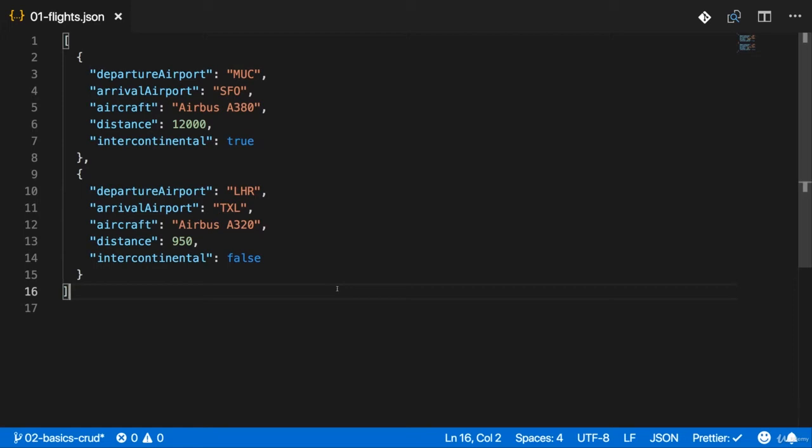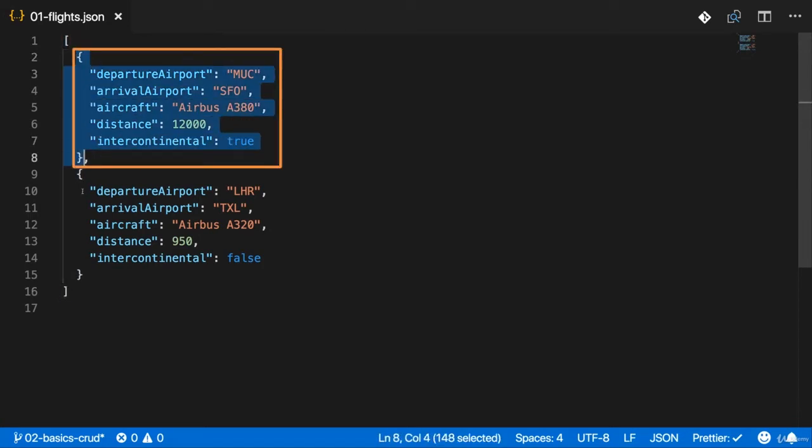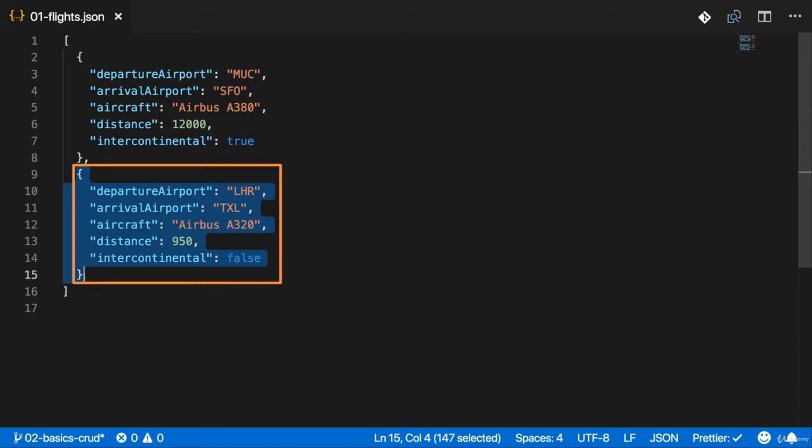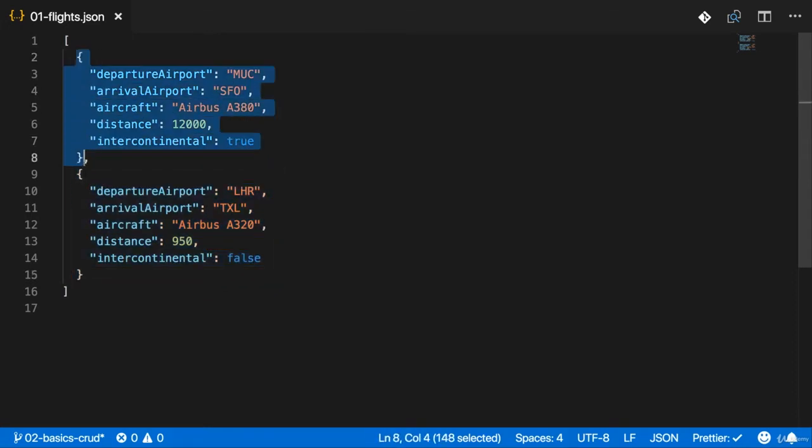So here is some data I prepared. Now you find that data attached to this video, by the way. It is a JSON file, and this JSON file actually holds an array, hence the square brackets here, of 2 JSON documents. So this is one single JSON document, and this is another JSON document. And we enter one such document with insert 1. We don't insert both. We insert one such document with insert 1, and this would be one piece of information